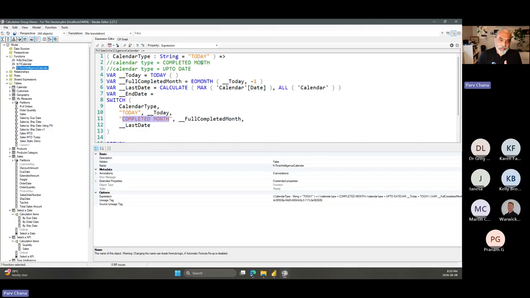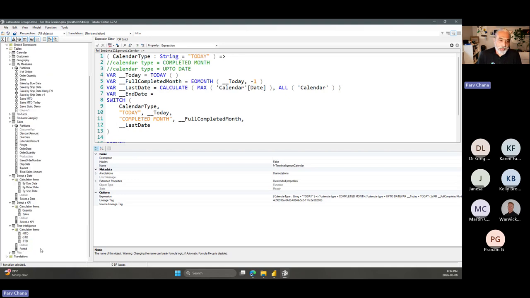If you pass nothing, then it's going to continue as it was before. If you want to stop it at today, we can do that as well. Then I can have a slicer on my page with three options. Do you want to see your calculation up to today, or the completed month, or all times? So if I use this function now in my calculation here,